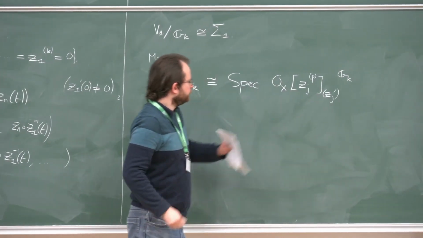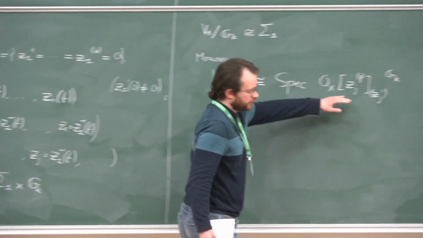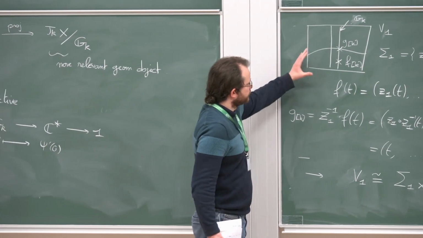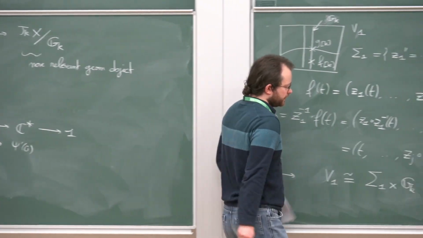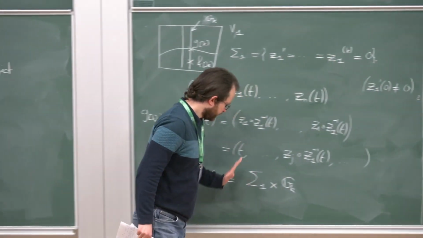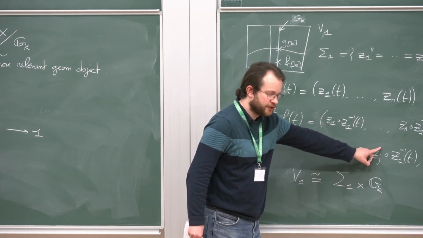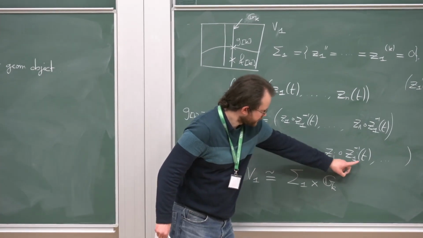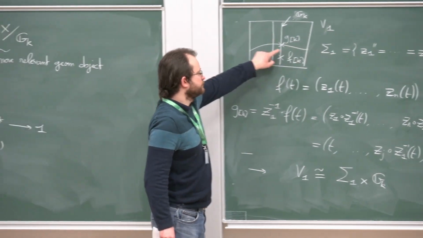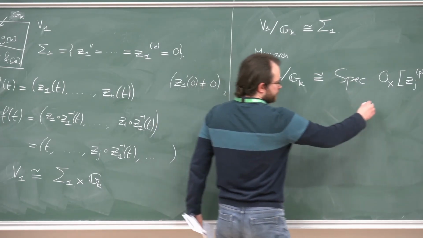And if you want to find what the generators of this ring of invariants are, what you have to do is simply to use this equation here. It's a fact which is very easy to prove that the algebra of invariants, when you have this picture, is simply given by applying the former coordinates. So remember the reparametrization that was applied to any point inside V1 to get to our section. And this ring here